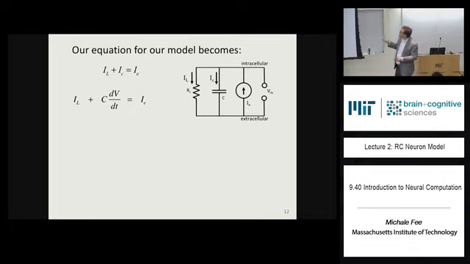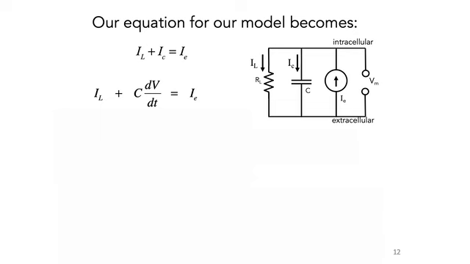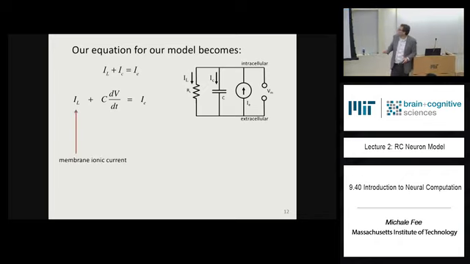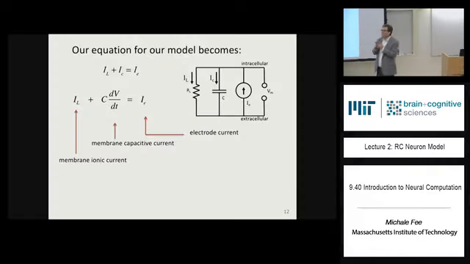We know the capacitive current is just C dV/dt, so we just plug that in. Now we have I leak plus C dV/dt equals the injected electrode current. That is called membrane ionic current, that is called membrane capacitive current, and that is our electrode current. There's a sign convention